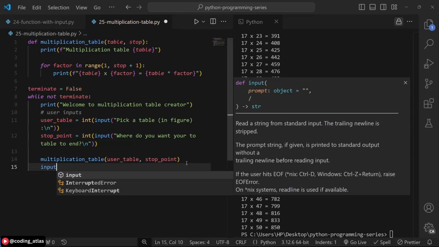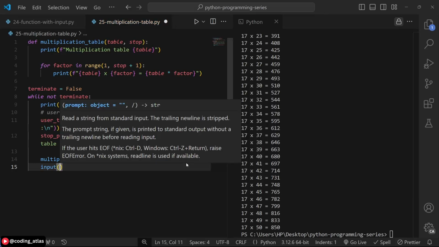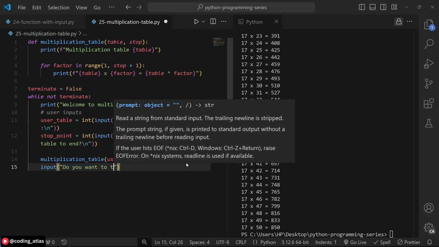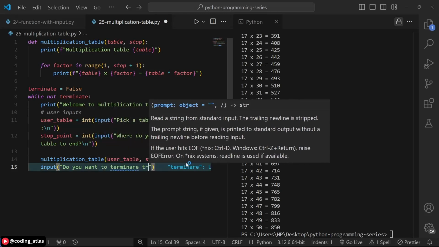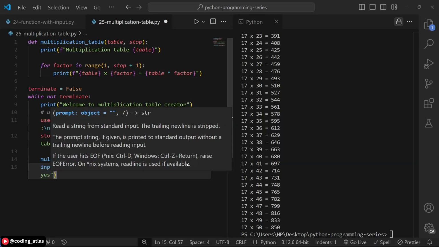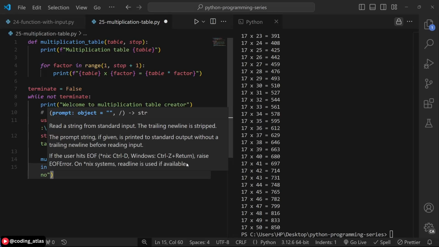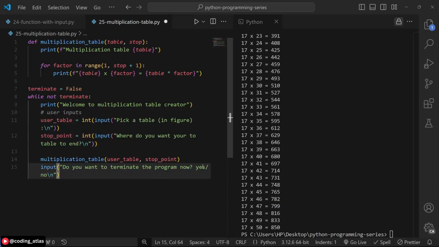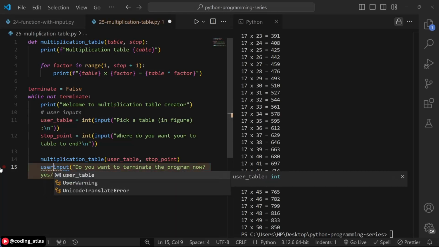So we give a prompt to the user. The prompt is going to be, do you want to terminate the program now? I'm going to say yes or no. Okay, so we need the user input in a new line, and we do that using the newline character. I'm going to escape that using the backslash. Okay, so do you want to terminate the program now? Yes or no? Okay, and then we are going to assign the user input to the variable of our user